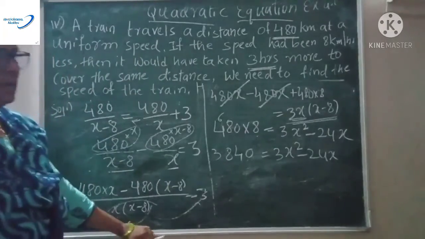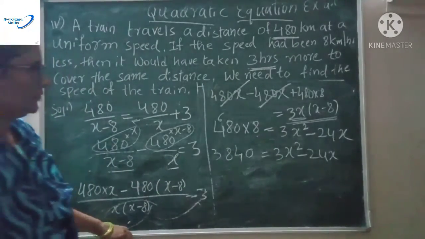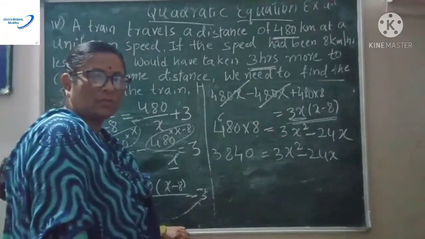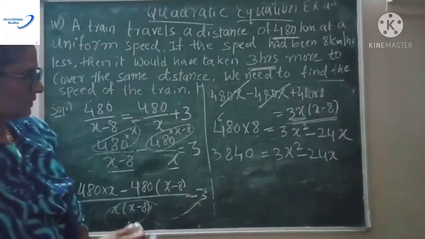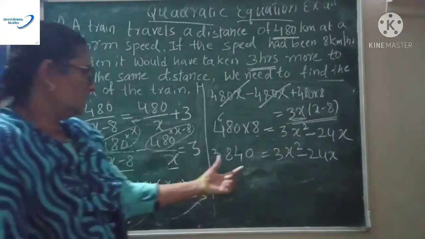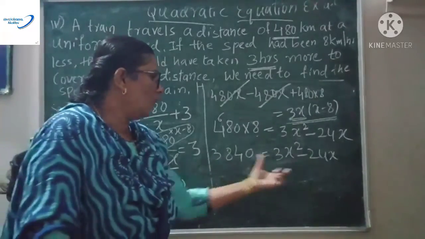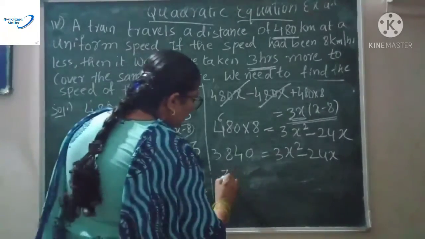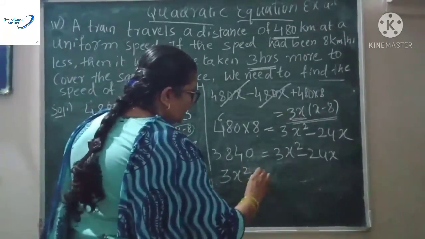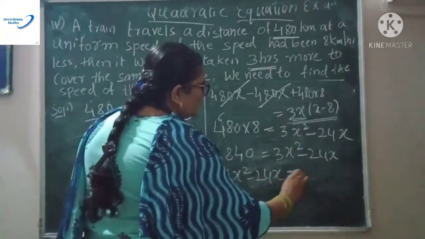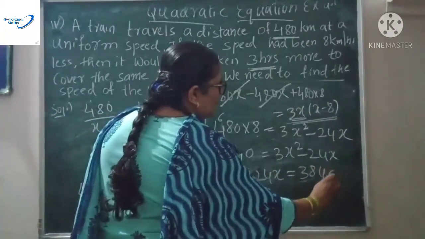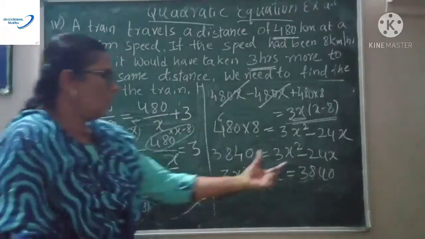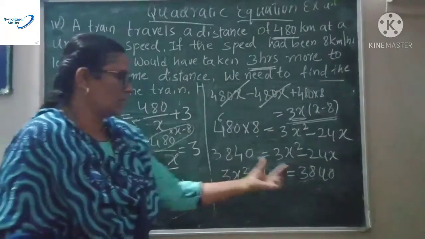One more step we will do here, because we have to write it in quadratic equation form, which is ax square plus bx plus c equal to 0. So now your constant is on this side. We will write all the terms on one side, without changing any sign. What are you going to do here? Look at this one. Don't make a hurry. Go slowly, create step by step, avoid confusions. I am writing the whole RHS in the LHS part and transferring it.